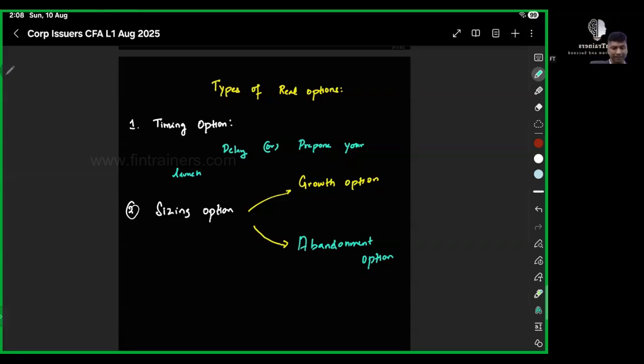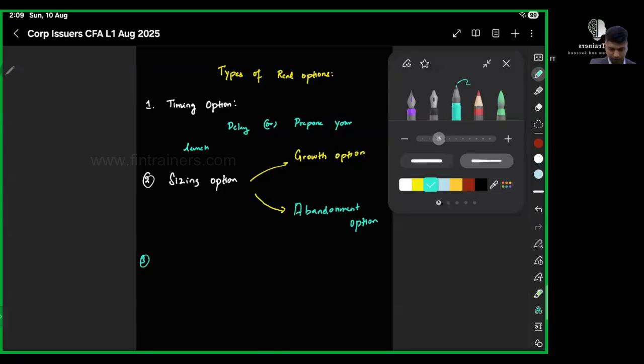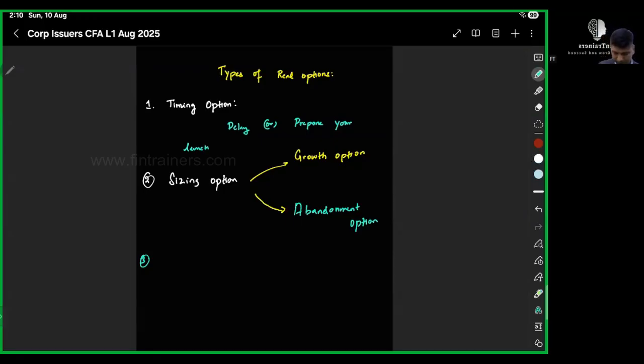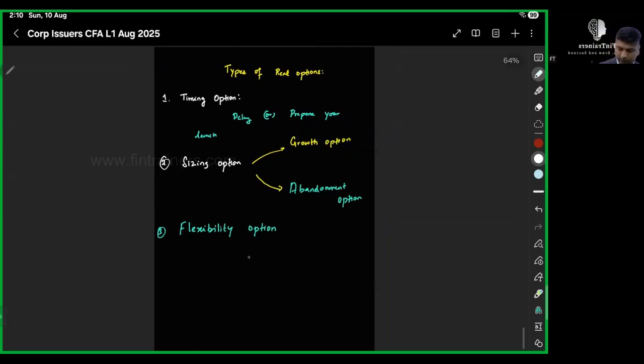Okay, so this is a sizing option. A third thing is the flexibility option. What is the flexibility option? Let's say I'm investing in a project. Right now, my factory uses coal only as the source of power. Now I add a way to switch to the electricity grid, or I am able to take on